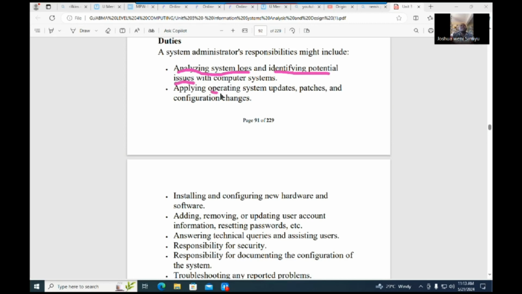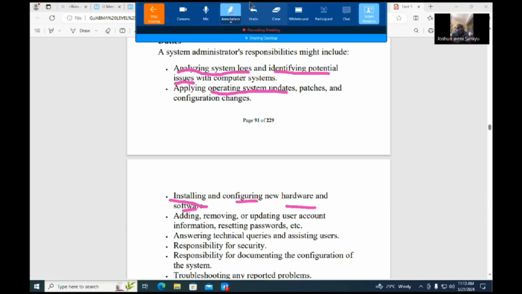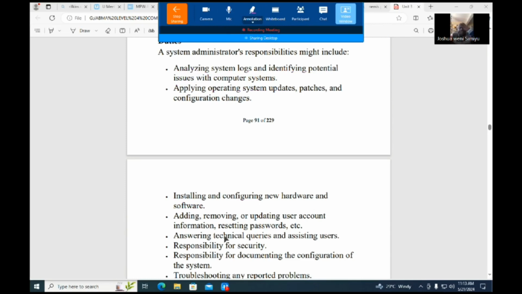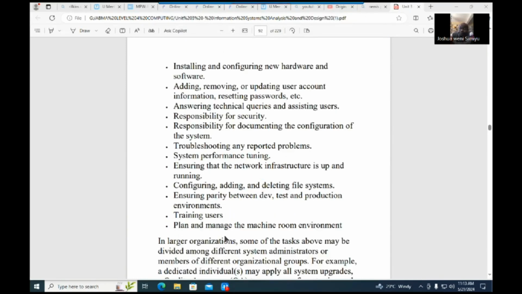Then he is also in charge of applying updates. He is going to apply operating system updates, apply patches, and apply configuration changes to the system. Again, as an administrator, he has the duty of installing and configuring both software and hardware, so he does software installation and hardware configuration. He also has the duty of adding